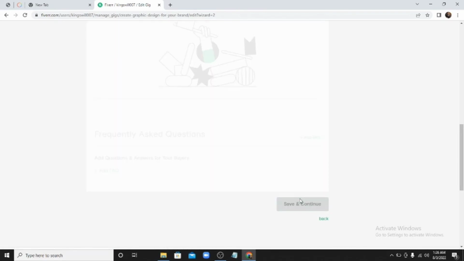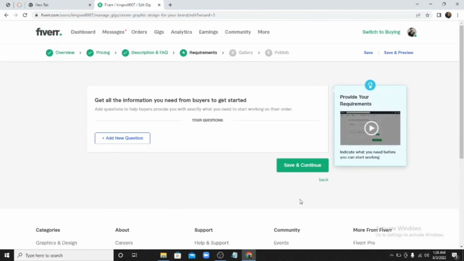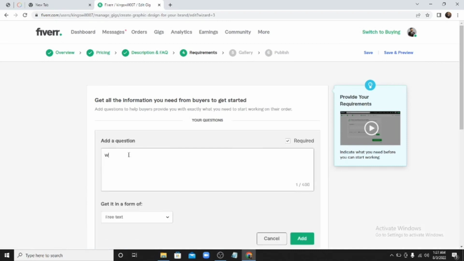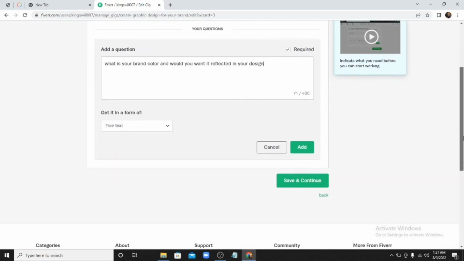Okay, but this is requirements. Now for you to deliver on the job in the set time, what would you need? Okay, so add a question to help buyers provide you with exactly what you need to start working on their order. So you could just ask questions like, let's add a new question. For a graphic designer, I would like to know, is your brand, let's say, color, and would you want it reflected in the design? So basic questions, something that just helps you work better and deliver better to your clients. Okay, so you could just add that, and then you can click on save and continue. After you've added that, save and continue,